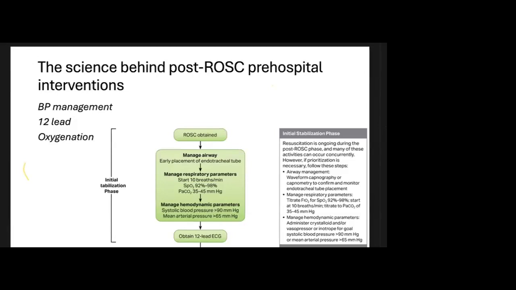The 12 lead. This is obviously to look for a STEMI, because a STEMI is something that we can intervene upon in somebody who's had a cardiac arrest. They go to the cath lab, they get a stent. But